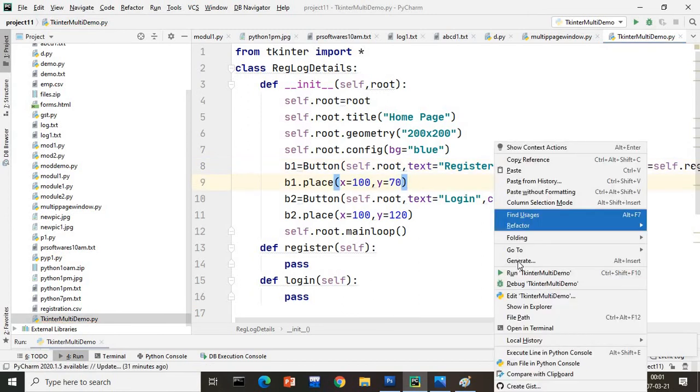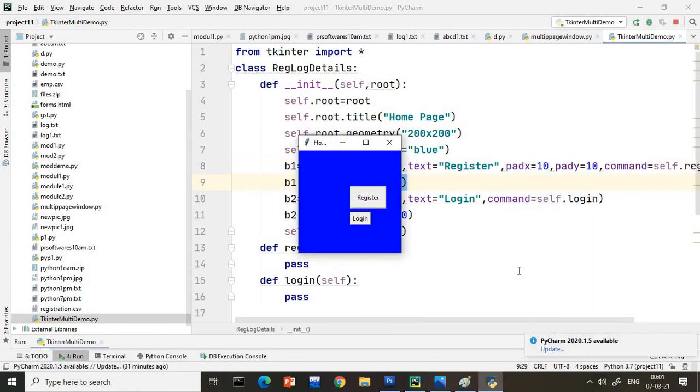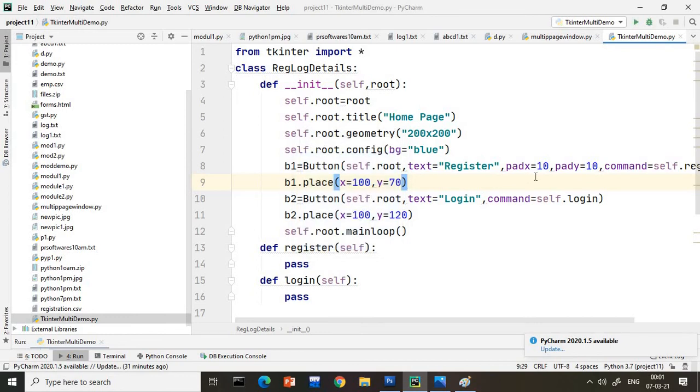So what is the meaning? I will just execute this. See, my button size is increased, nothing but the x-axis and y-axis increase by 10. So those who are not aware of this can just add this code, because many students, all my YouTube viewers will watch this, so they might not be aware.